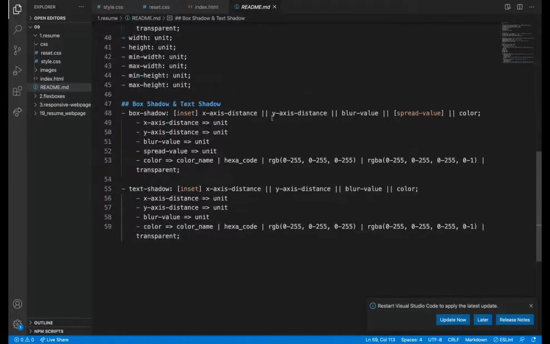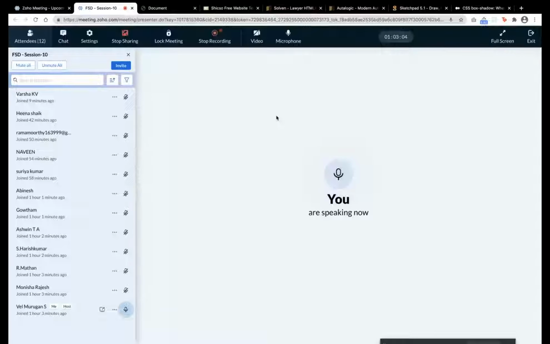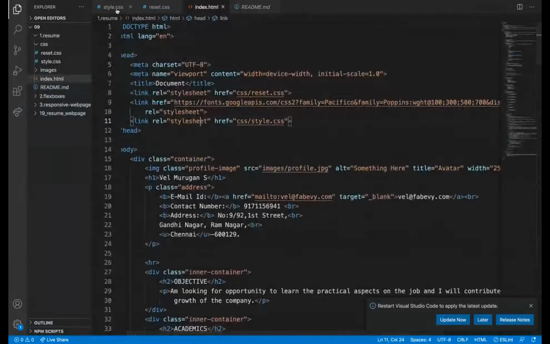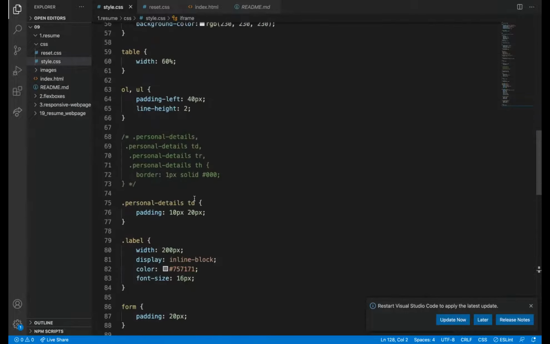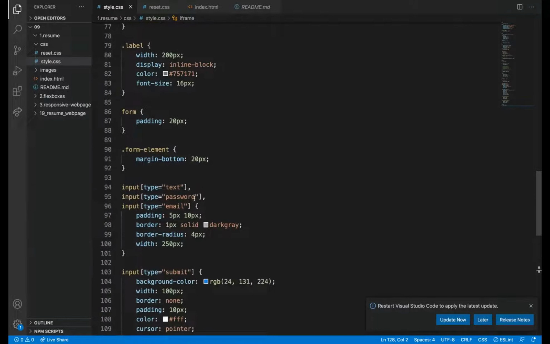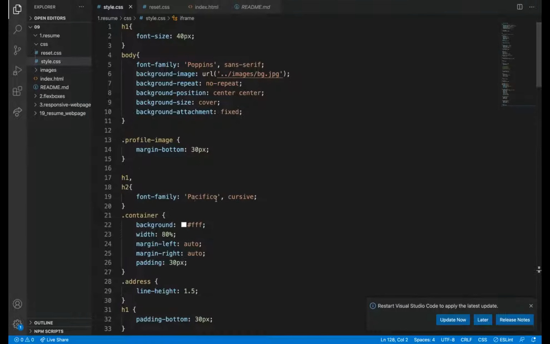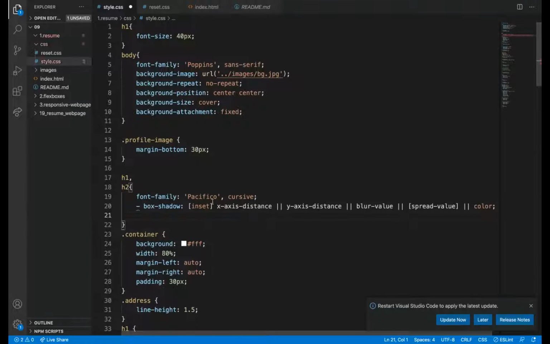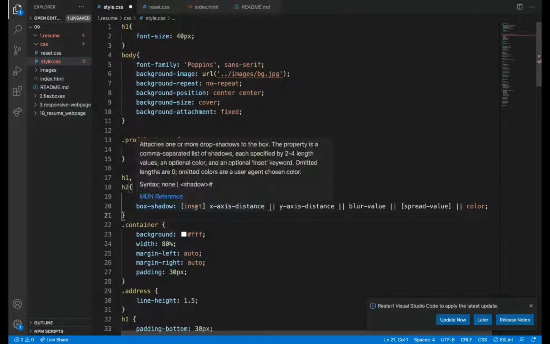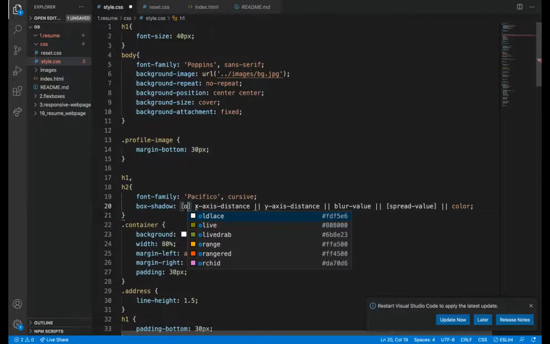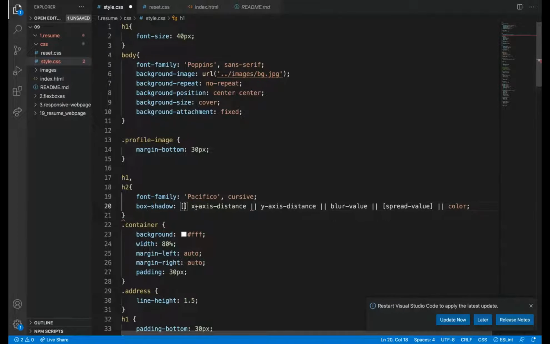Box shadow. Okay, I'm copying it here. So for now, we can apply to the H2 tag. First, I'll apply to H1 and H2 both. So box shadow. X distance, I'm giving 4 pixel.